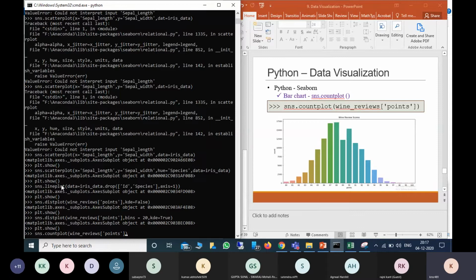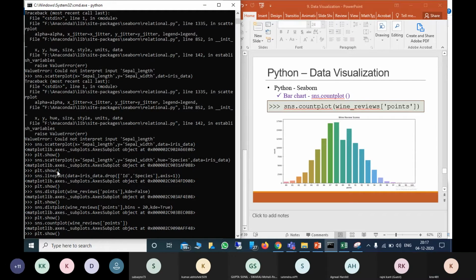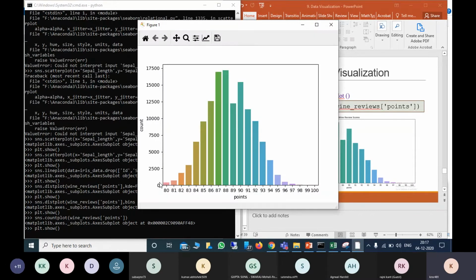I want to consider them, plot. So now it will give a chart like this, where automatically this is the points and this is the count, how many times each one occurs. So among these, 88 occurs most of the time.